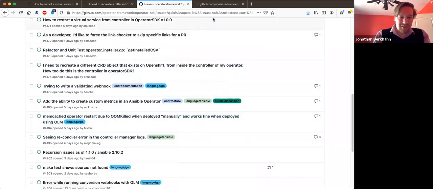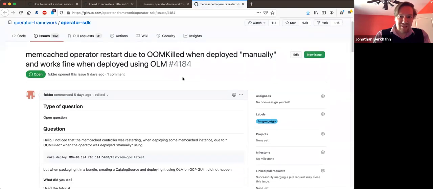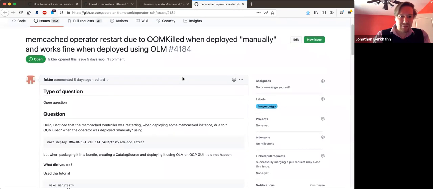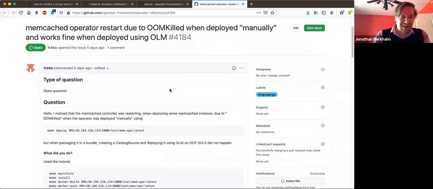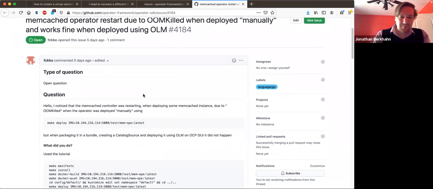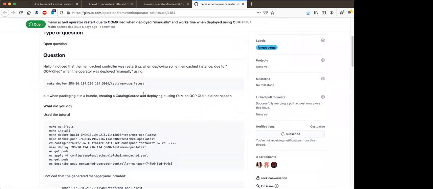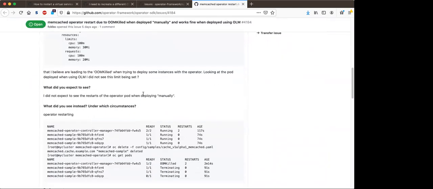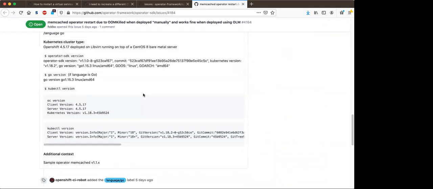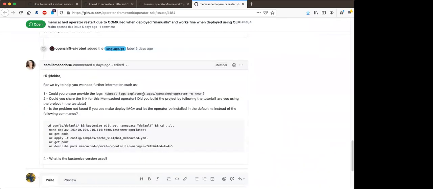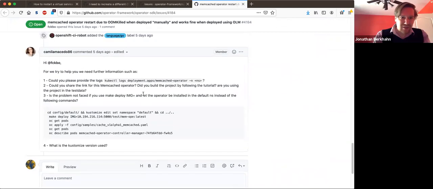Memcached operator restart due to out of memory kill when deployed manually, but works fine when deployed using OLM. I think I made some questions to understand it better. Can you scroll down to see if we have answers? Doesn't look like they've responded.